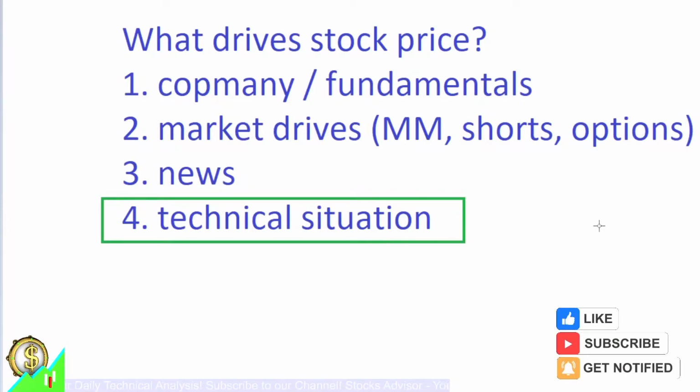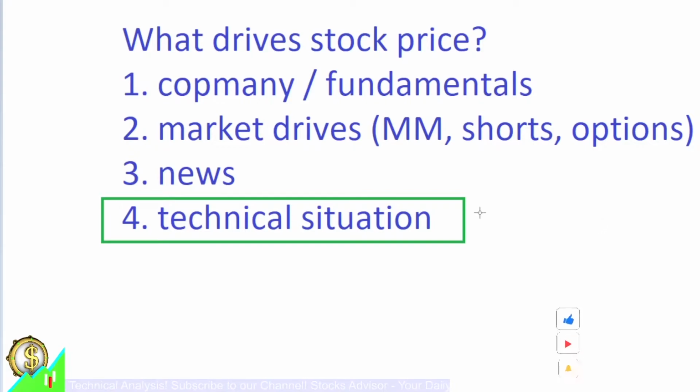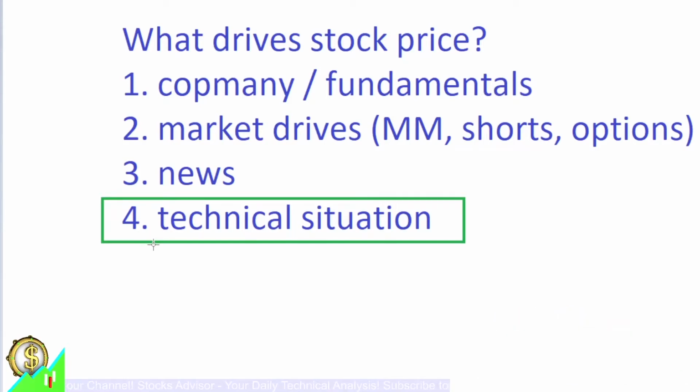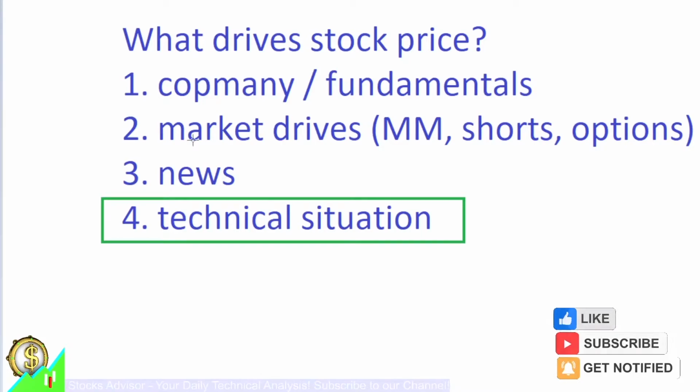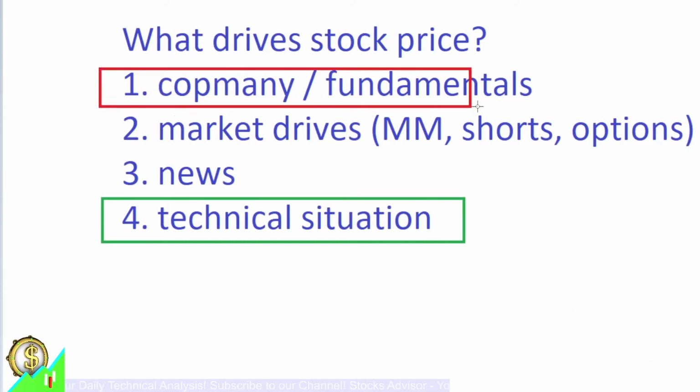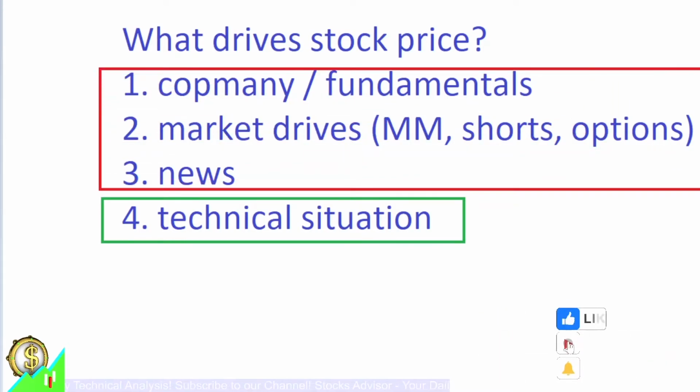So first of all, when you choose a stock, you need to choose a stock whose price is dictated by technical situation. Sometimes you could be wrong. Sometimes suddenly it will go out of the area where the technical situation dominates the price, and it could go to one of those three. Let's say it could be the first, second, or third. And these are the risks that can happen. So this is the risk that you take, the risk of mistake.